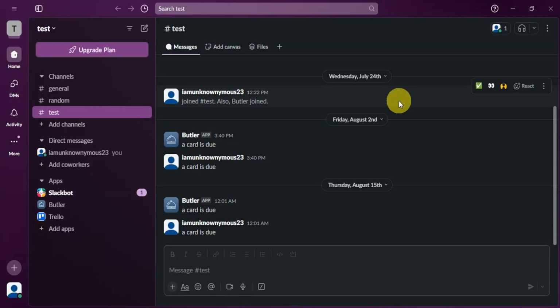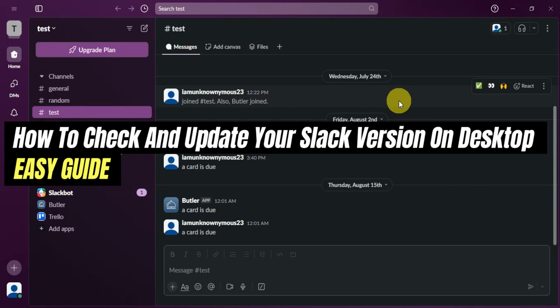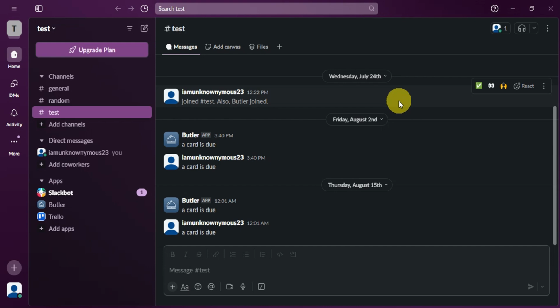In today's video, we'll learn how to check and update your Slack version on desktop, how to update Slack on desktop, an easy guide. So first, to be able to begin, just open Slack onto your desktop and make sure you're onto the right account. So once you're already logged in, right after that, to check and update your Slack version,